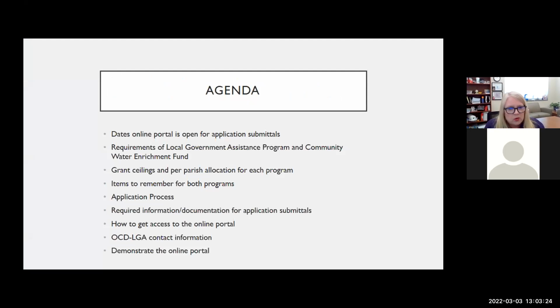We're going to talk about the dates that the portal will be open, the requirements of the Local Government Assistance Program, as well as the Community Water Enrichment Fund, any grant ceilings and the per parish allocations for each of the programs, items that we think are important for you to remember as you go through your process, just the application process in general, since we're starting a new process for everyone to be using, required information or documentation that is needed for the application submittals, how to get access to the online portal, our contact information if you have any questions or issues, and then we're going to demonstrate the online portal for you after we go through the presentation.